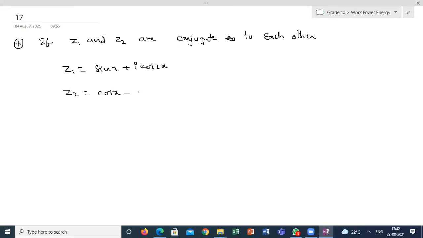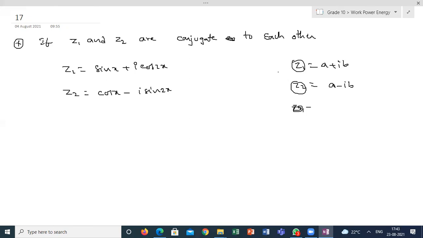So the sum of both the complex numbers will give a real number. So Z1 is equal to A plus IB and Z2 is equal to A minus IB. When I say Z1 and Z2 are conjugate complex to each other, the product, what is the meaning of product? If I'm doing a product, what will happen? Sum also, you can say only real part will be there. Even product also, what will you get? Only real part.